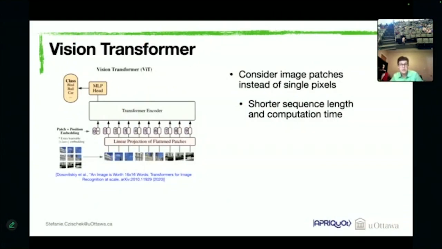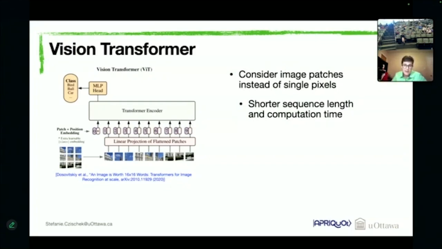I told you in the beginning that transformers are also used for image data, image processing. And there we have a similar issue. We have very long sequences because we have a lot of pixels in each image. And this leads to very long computational runtimes. And so what people did in order to optimize these computational runtimes is instead of taking a sequence of single pixels, they take a sequence of patches of the image as an input to the transformer. And this significantly reduces the sequence length. And with this it also reduces the computational runtime.